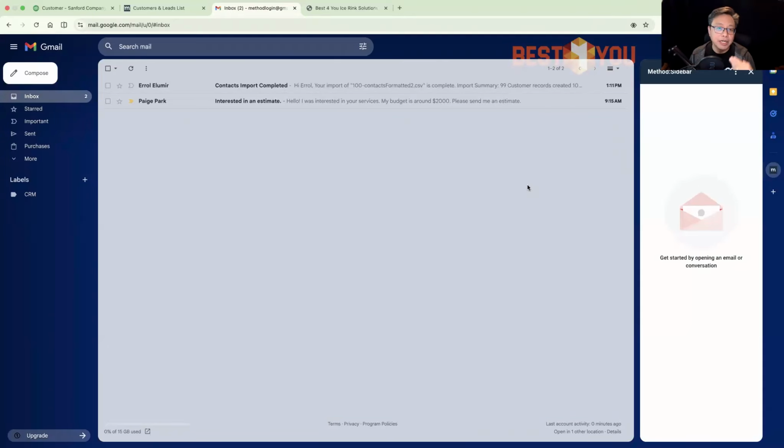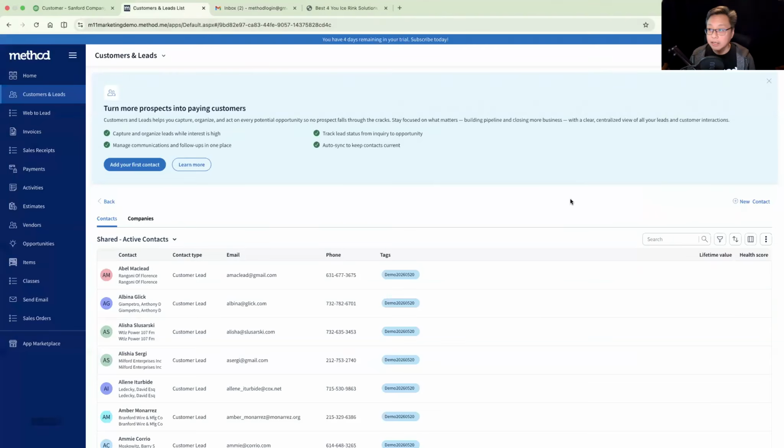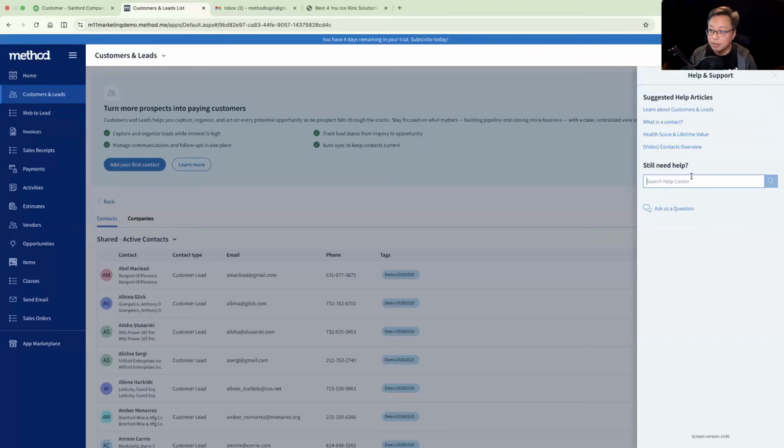So these are two different add-ons that you can check our website if you want to learn more on how to install that. You can check our help center if you want to learn how to install that. I can even show you up here at the upper right hand corner. We have a little question mark, and you might want to just type in here Gmail gadget.